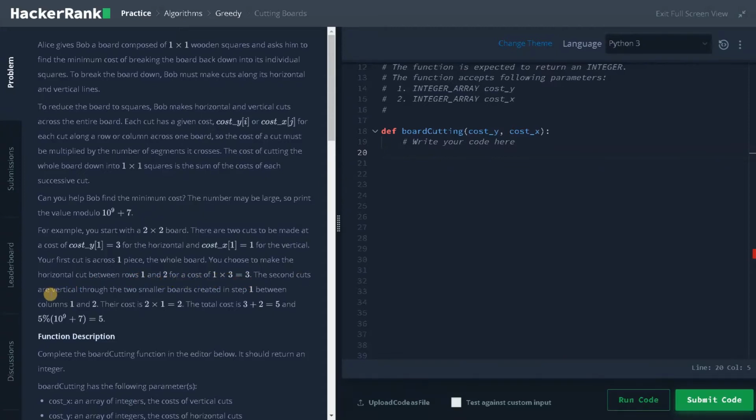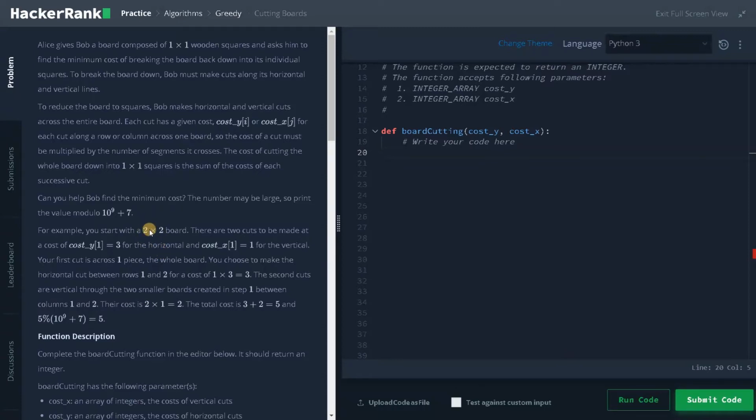The second cuts are vertical through the two smaller boards created in step 1, between columns 1 and 2. Their cost is 2 cross 1, which is 2. The total cost is 3 plus 2, which is 5. And 5 modulus 10 to the power of 9 plus 7 is 5. So that is the result. I guess you can clearly see how this works.